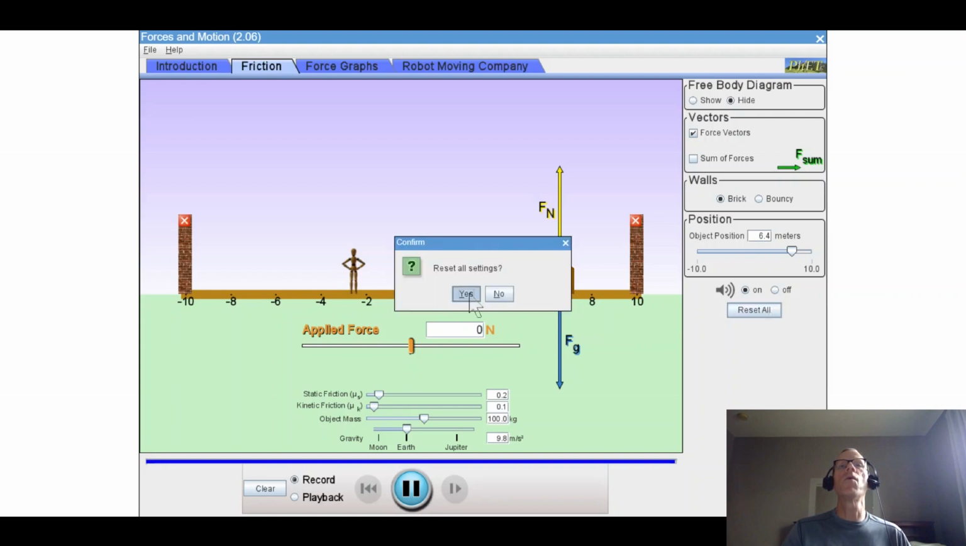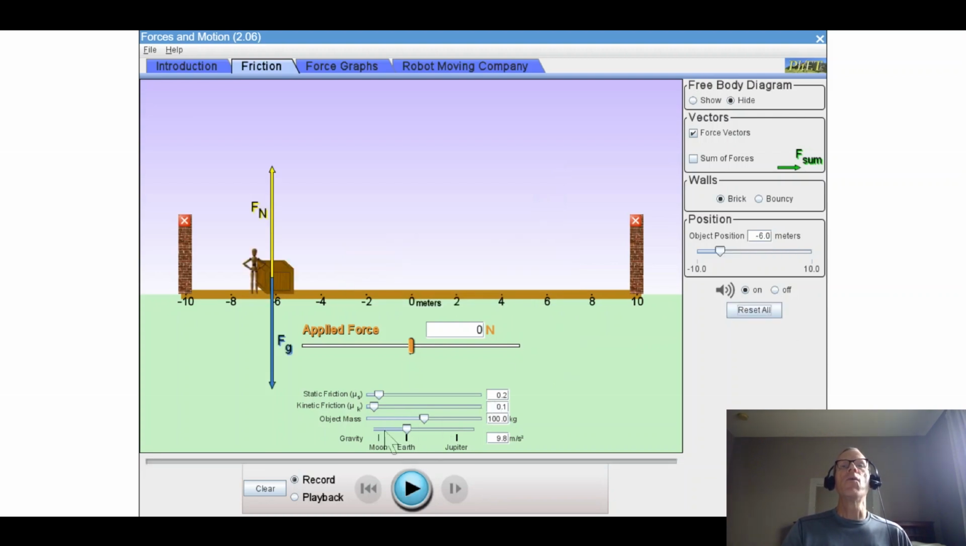Let's try one more. Notice the gravity here. We're on the Earth. I'm going to change to the moon. Notice some things that are different. The mass of the box is the same. I'm actually going to go, oh, that's weird. I reset all, but it did not reset these numbers here. So I'm going to go back to the very beginning,